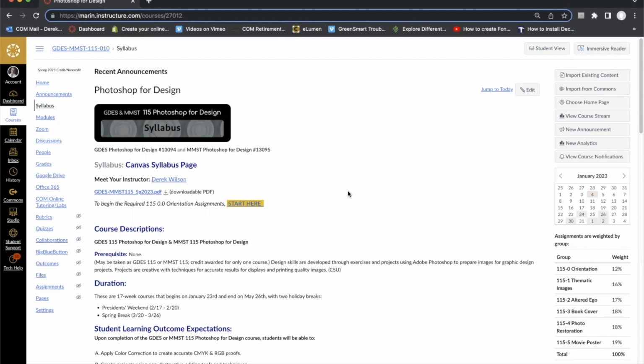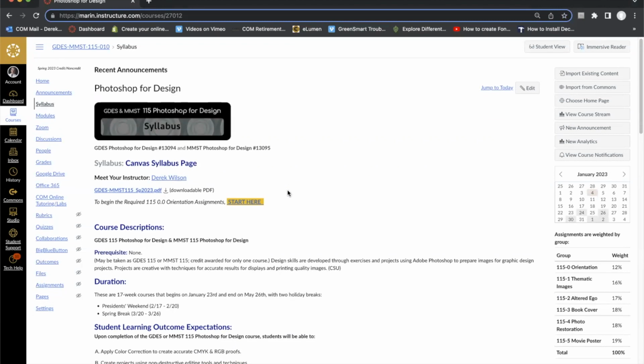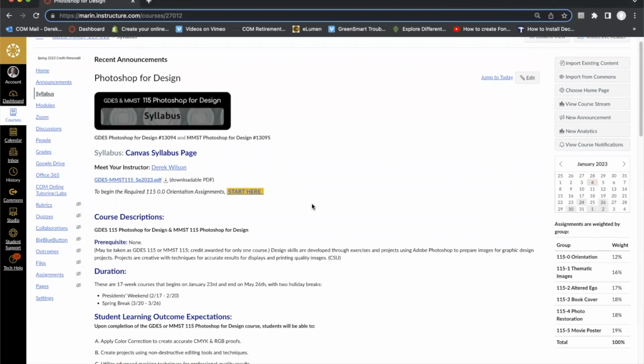The syllabus is kind of an important page because it has a lot of the key information that we need for the course, including obviously the course title and section numbers, the instructor, which is also a link which will take you to the Welcome Meet Your Instructor page, a downloadable PDF version of the syllabus, which you can then copy to each of your devices or print out, whatever your preference is, and then a Start Here button to get you jump right into the orientation assignments to complete those,